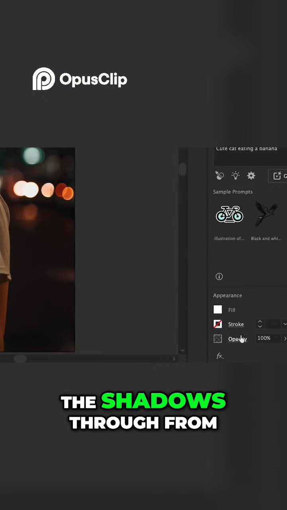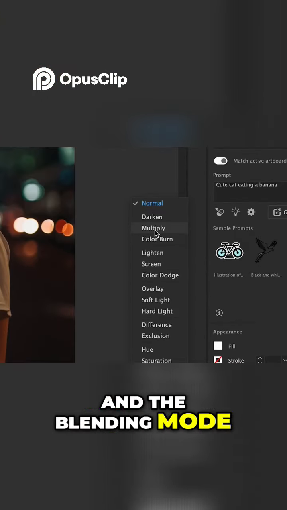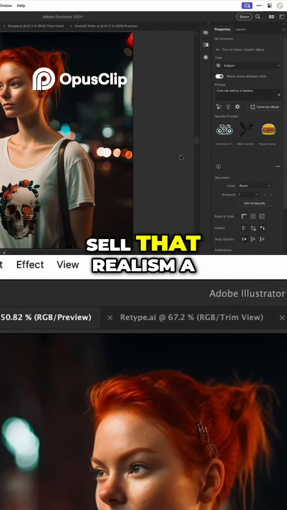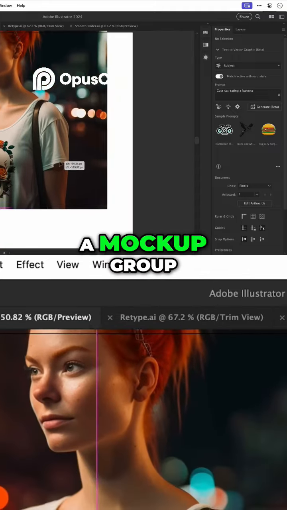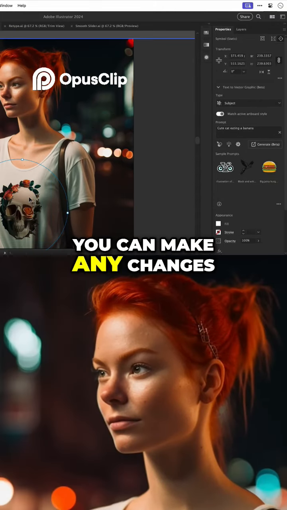Now it isn't pulling the shadows through from the clothing, so what we can do is change the blending mode to multiply, and the blending mode you choose will depend on the colors in your image, and whilst this isn't perfect, it does help to sell that realism a little bit more. Now this is all a mock-up group, so it can be moved around, or you can double click to go inside, and then you can make any changes. And once you're happy